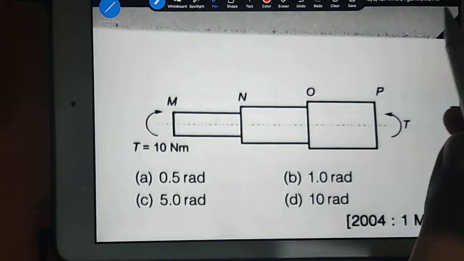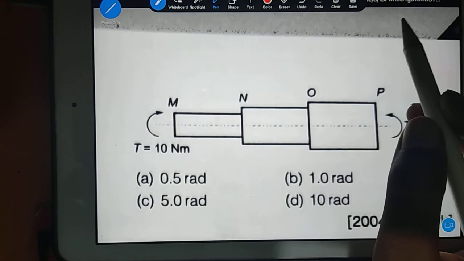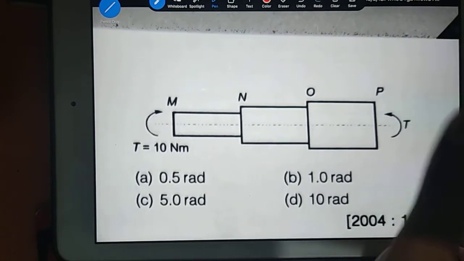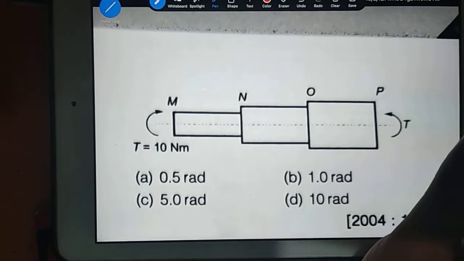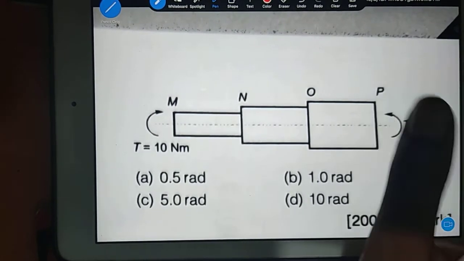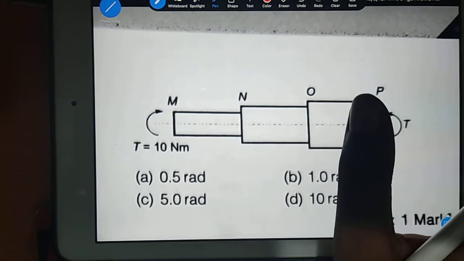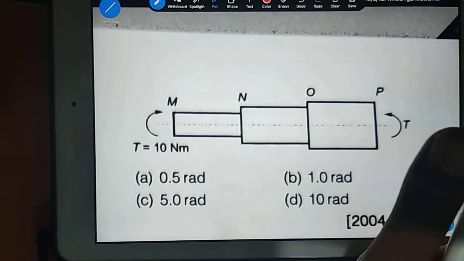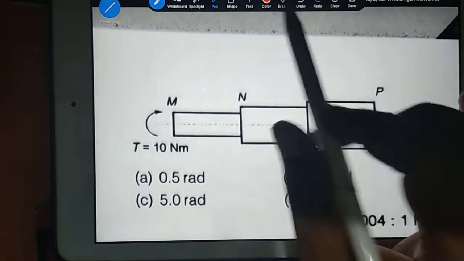So here what I am trying to say is that this question we are going to crack in another way. Very easy question. I have given the basic background. Shaft is connected in series, one thing. When shaft is connected in series, then for every part we will be having torque. How are we going to bother about the torque?